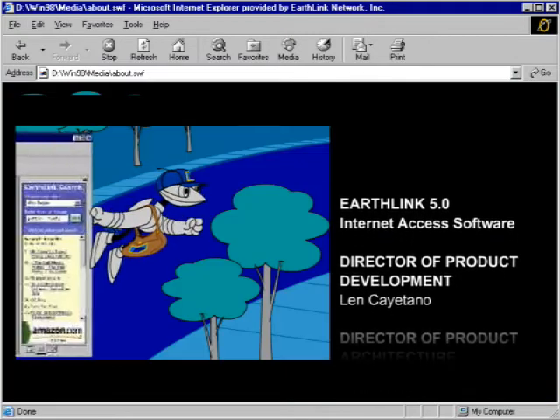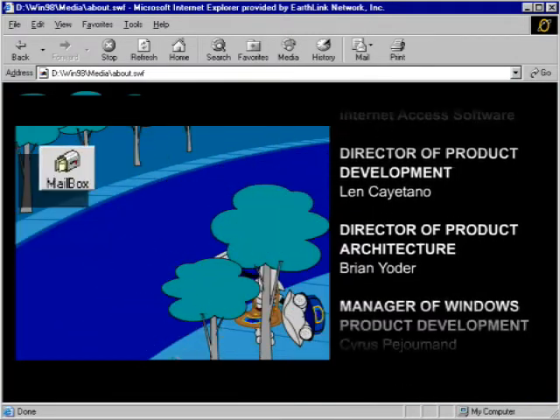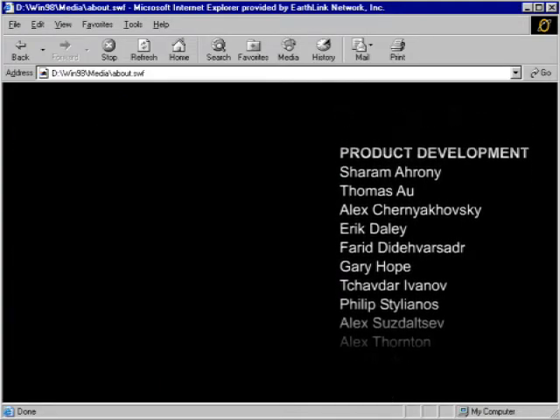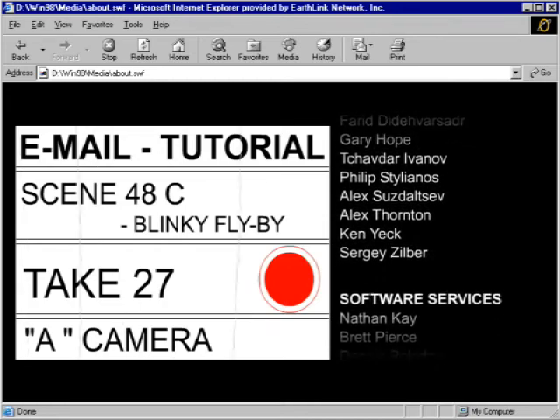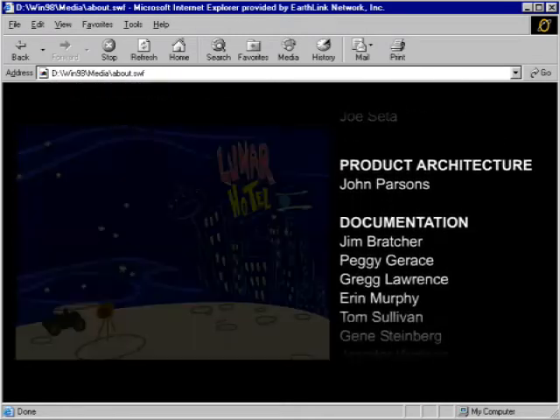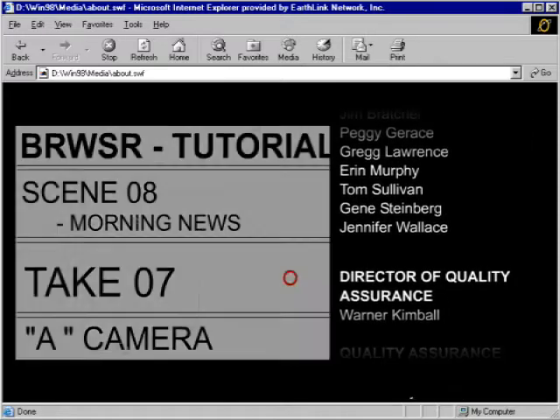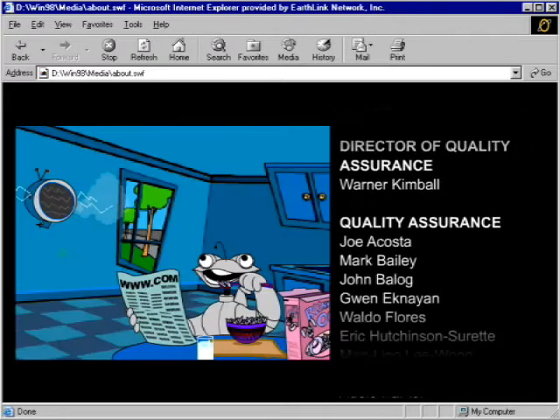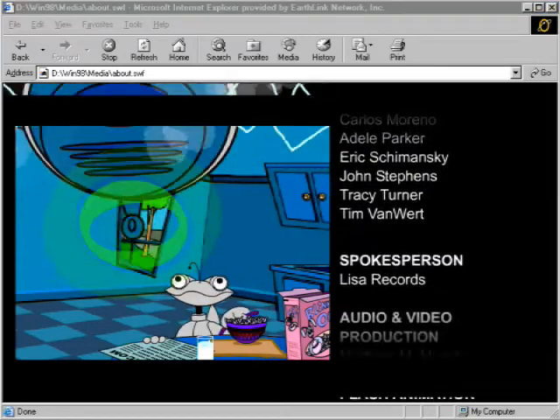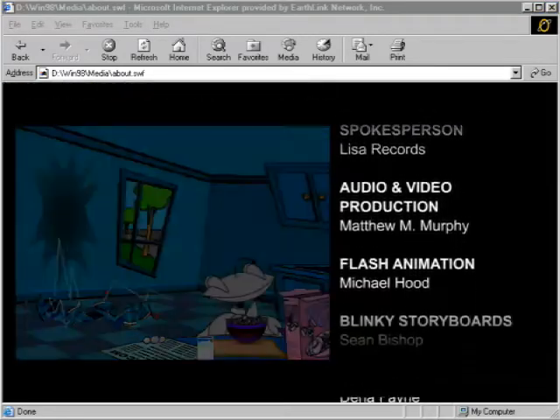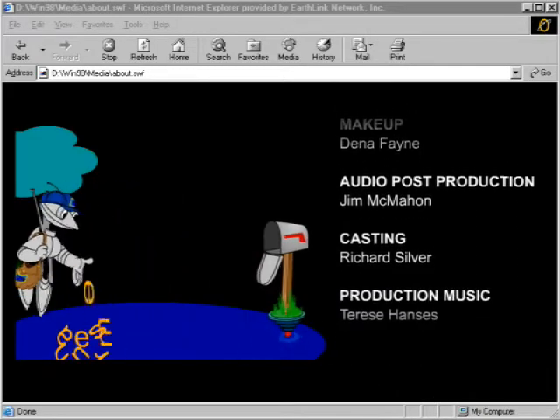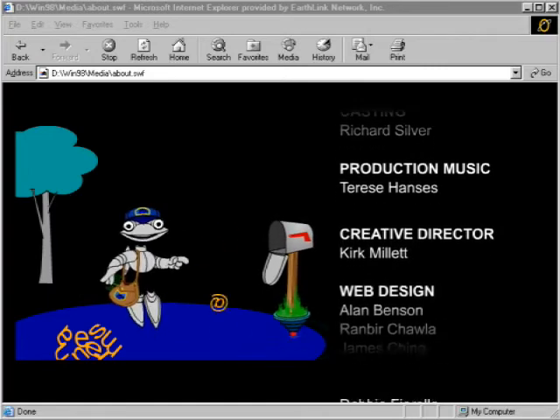Rolling. Action. You open your mailbox. Cut. Whatever your username is, followed by the @ sign, and